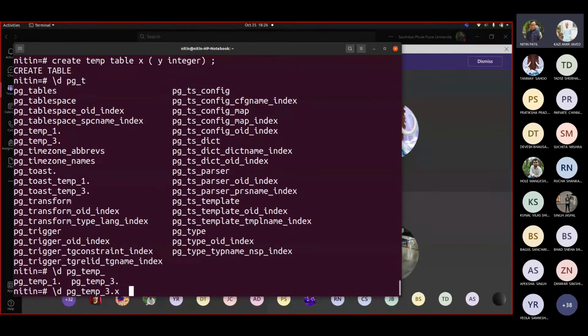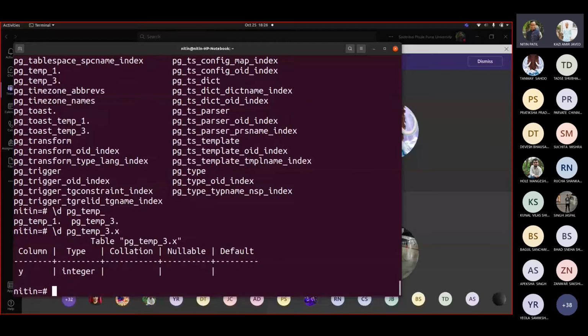If I write pg_temp_3.x, so these are the 3 created. pg_temp_1 may not be accessible for me, so let me try 1 dot. It is not giving me access to this, so this is an internal one, correct? One can understand that it might be using it for creating other objects, creating copies of such an object. Fine, so let us go with this.